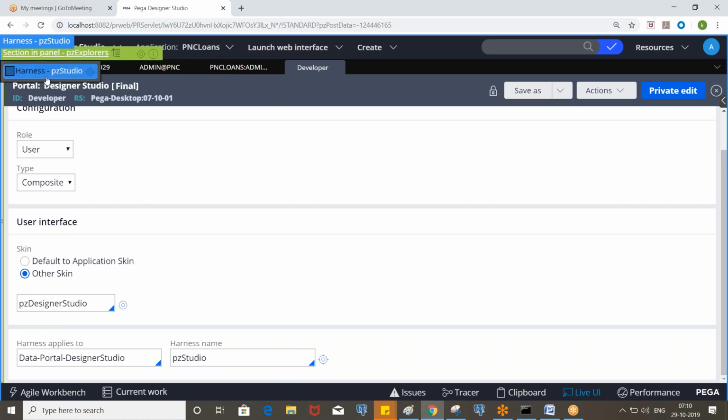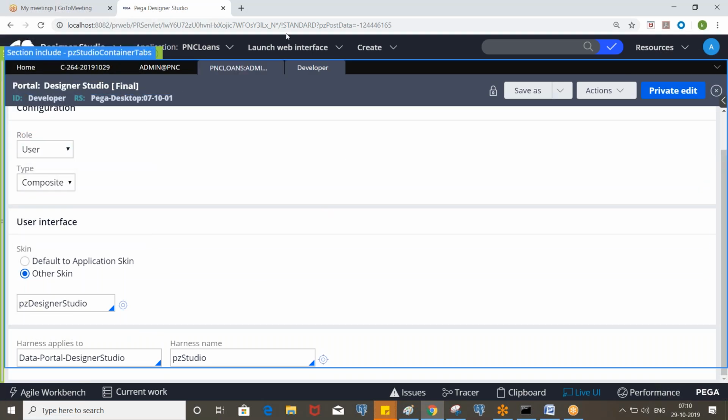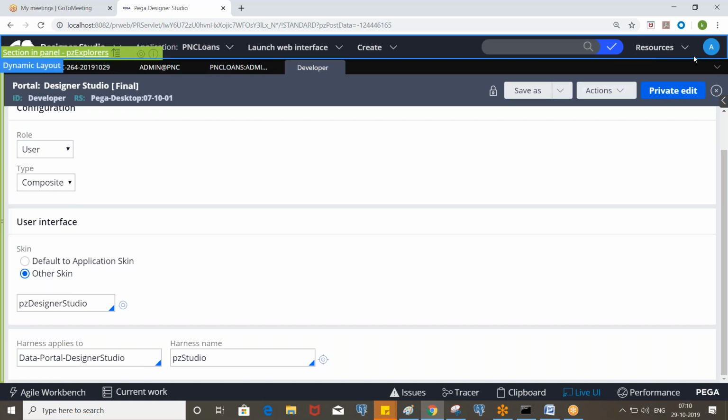Inside that we also have some harnesses available. Inside the portal we have a harness, and inside the harness we will have some sections, right? You are seeing some data, which means behind that we have some section rules available.